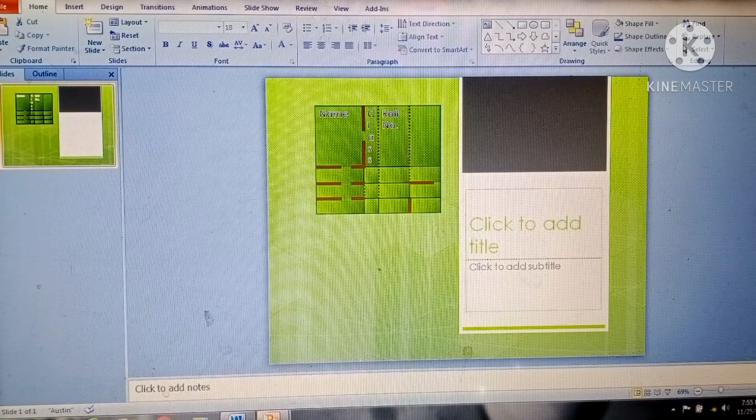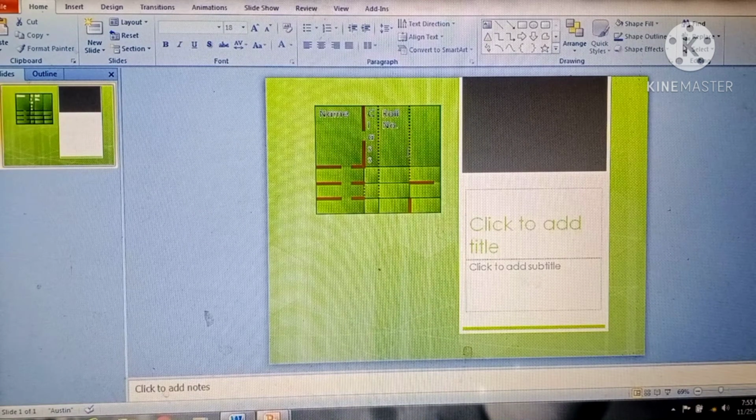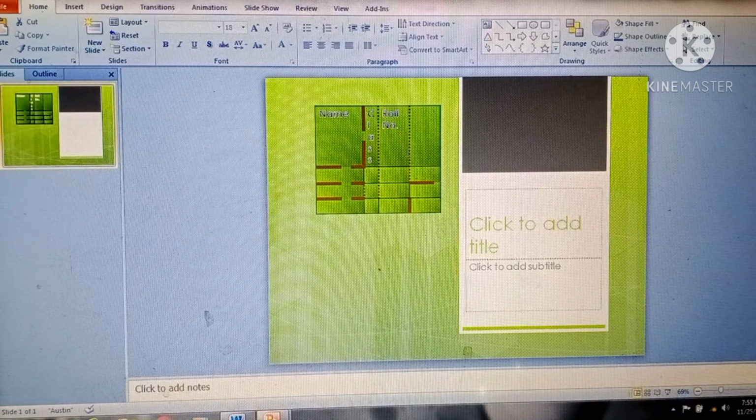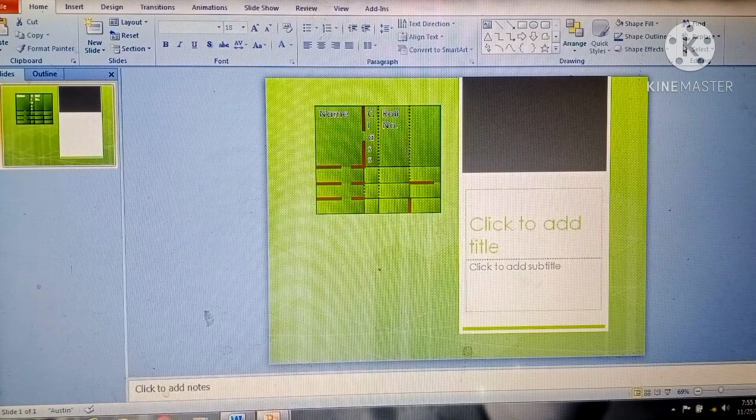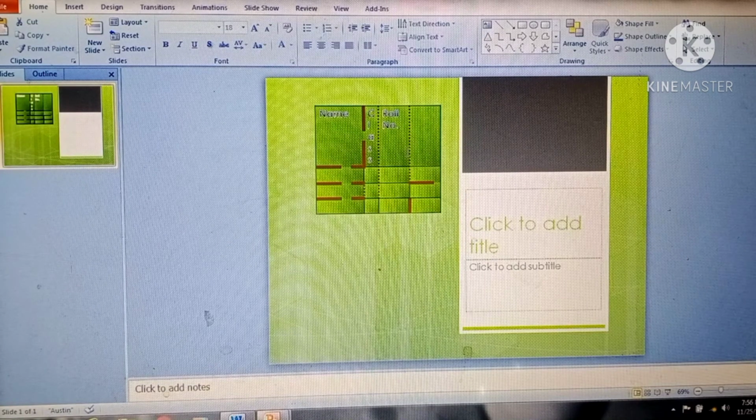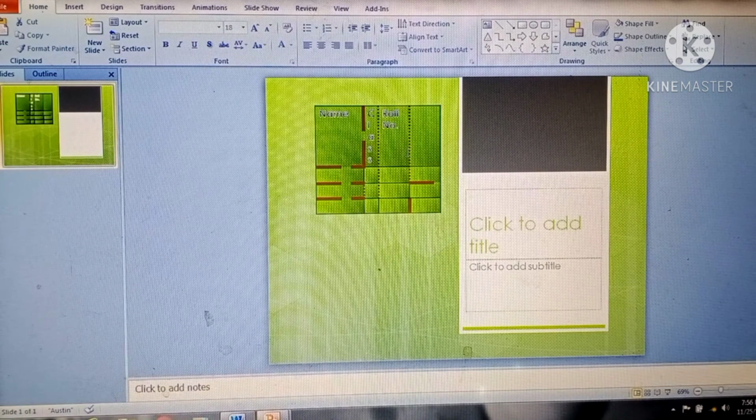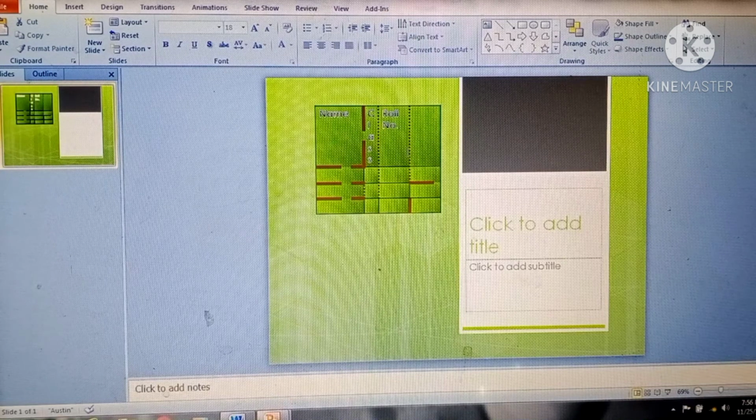Now in this week we have covered in the presentations the different views of the presentation, how you can change the contents, how you can move the slides and the contents of the slides, and how you can insert the table in a presentation. So please do the practical of these topics. It will be very beneficial for you.